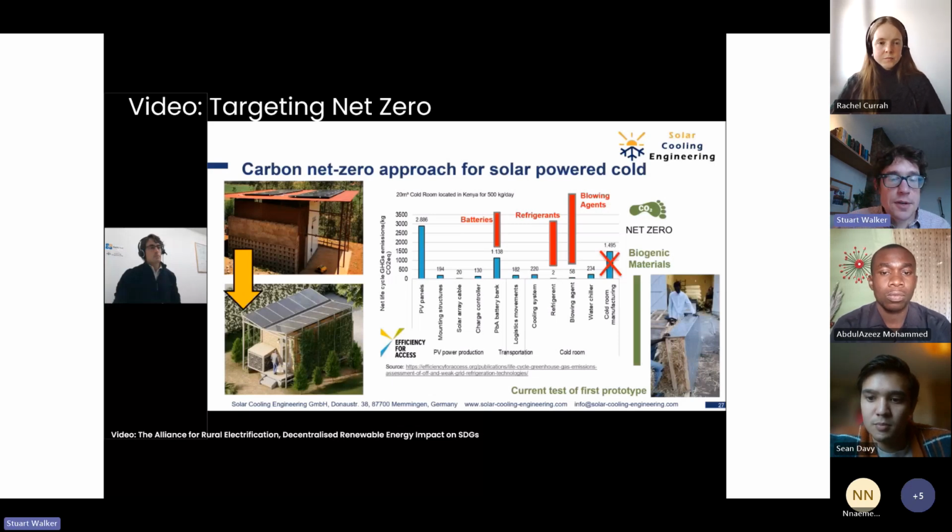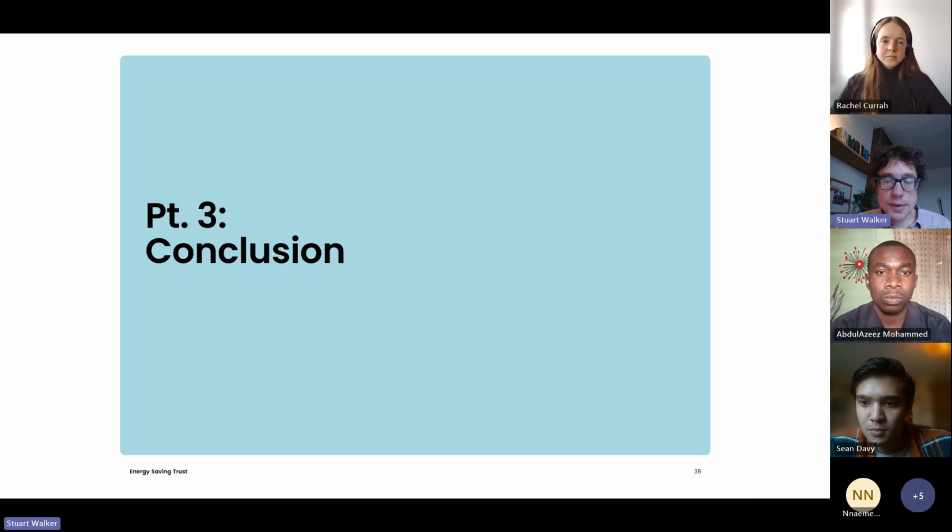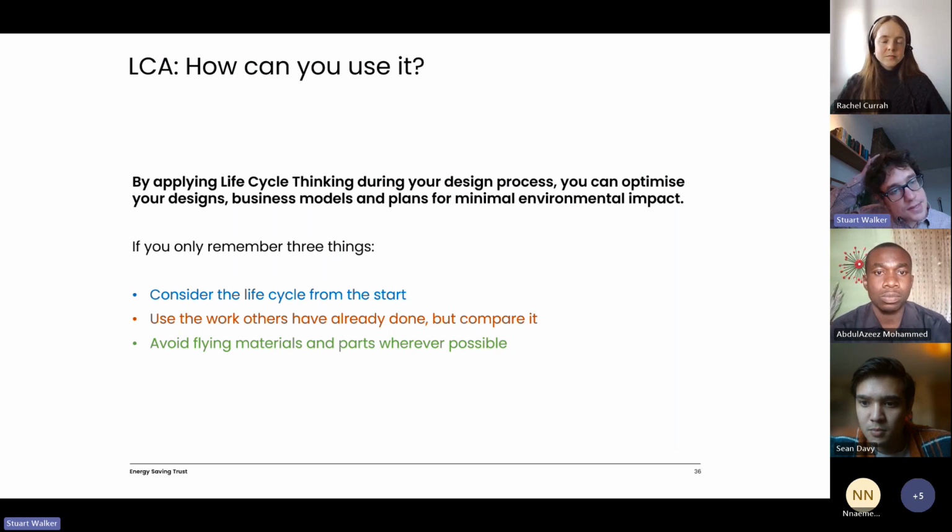So yeah, if anybody's designing anything relevant, there are a few useful tips from Victor there about considering alternative materials, and also optimizing the design of the PV and the batteries to help us get as close to net zero as we can. Okay, so finally, just a very quick conclusion, talking about how you might use life cycle assessment in your